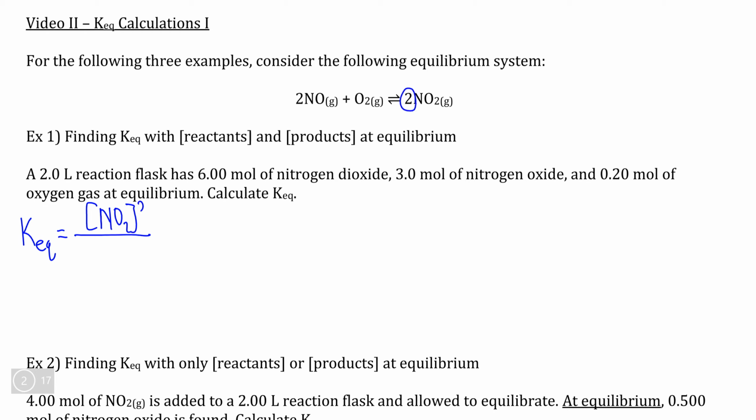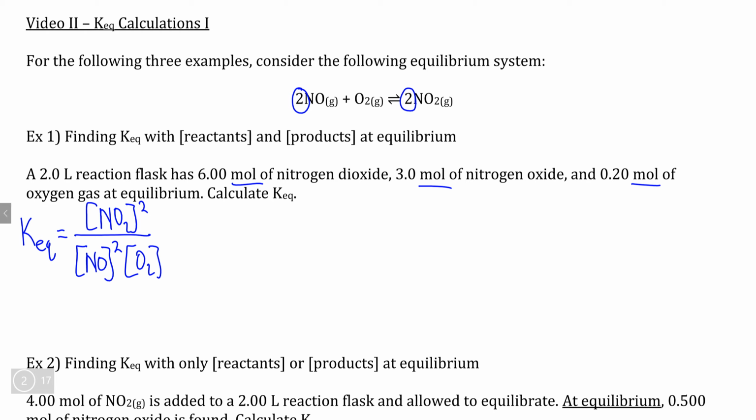stoichiometry coefficient of 2 becomes a squared exponent, which also applies to our first reactant, concentration of nitrogen monoxide, and the stoichiometry coefficient of 2 becomes a squared exponent, and then we take this and multiply by concentration of our last reactant, oxygen gas. Now, the first problem that is going to occur is a misreading of units if you're